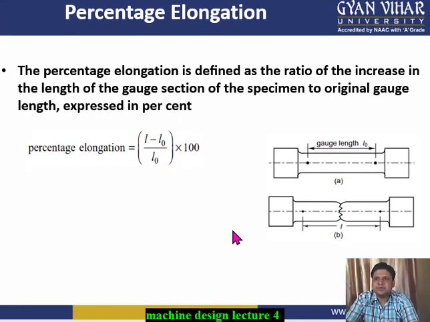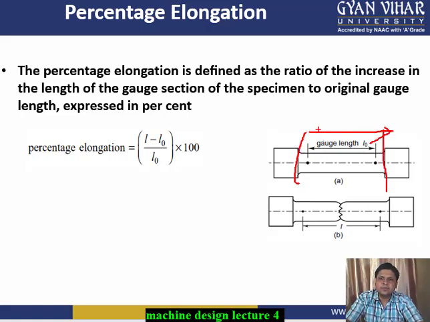is defined as the ratio of increase in the length of the gauge section of the specimen. Gauge section means the test section. This test section, from here to here, is known as the gauge length. If it is denoted by capital L,